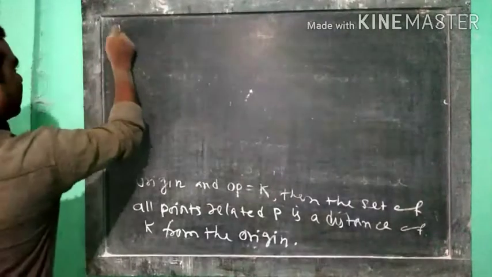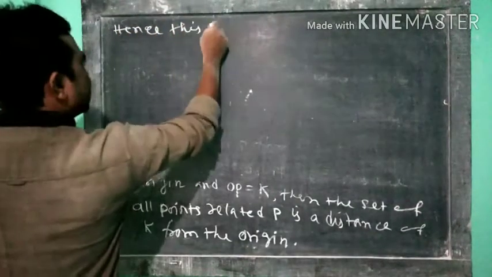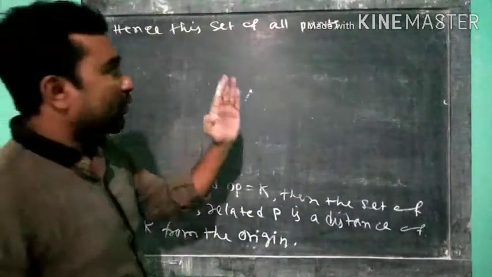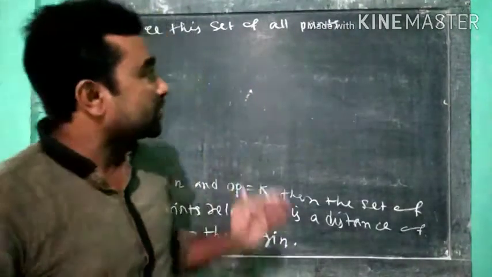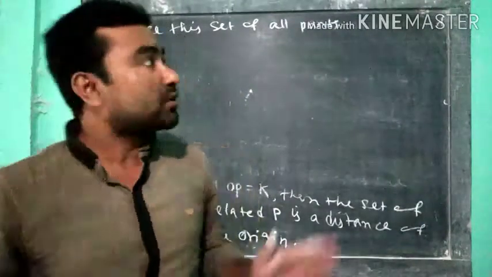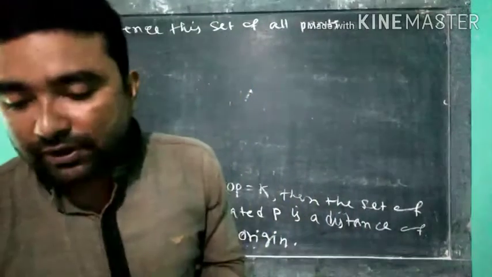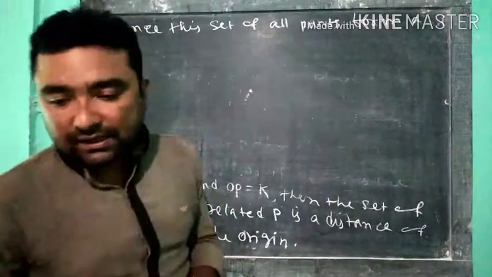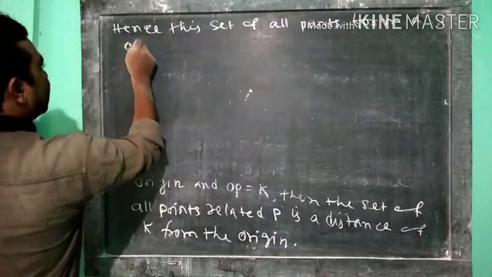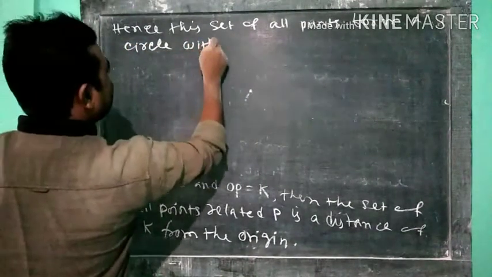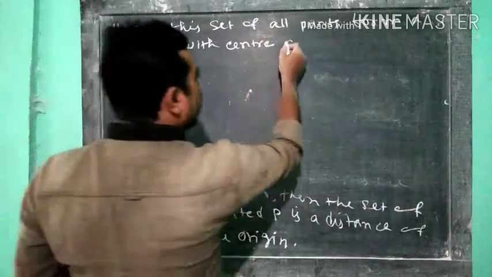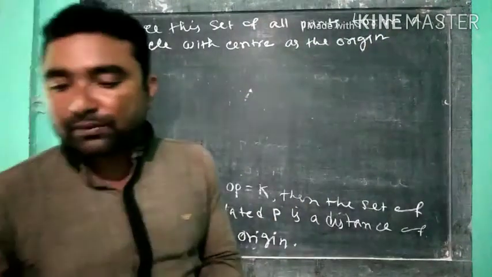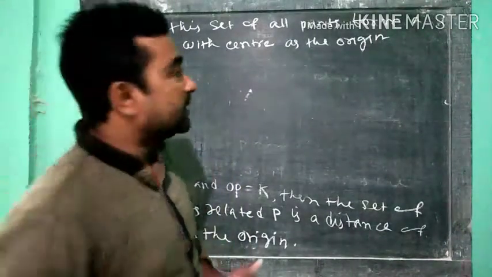Hence this set of all points, that is, all the points which are at the same distance from the origin, what will we call this whole set? We will say the points form a circle with center as the origin, and this circle